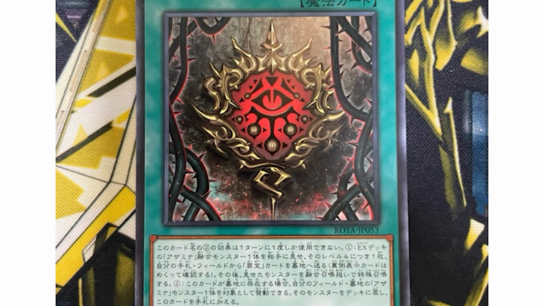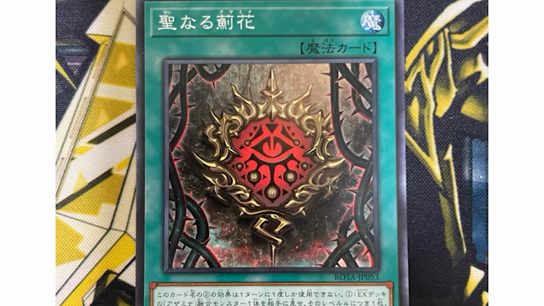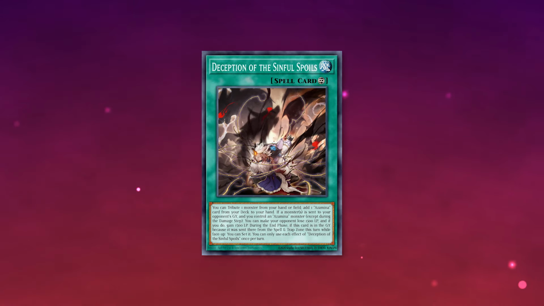These cards can be cheated out easily using the Hallowed Azamina, which allows you to special summon a Fusion Monster from your Extra Deck by sending any other Sinful Spoils card from your hand or the field to the graveyard. And we are getting a brand new Sinful Spoils called Sinful Spoils Deception, a continuous spell card that